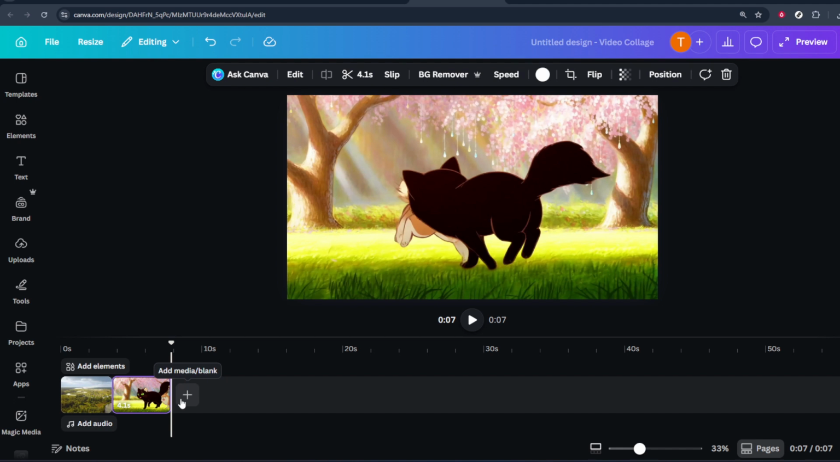When you're happy with how everything looks and plays, click the download or export button, choose your preferred video format and quality, and then save your newly trimmed video to your device. And that's all there is to it. By carefully following the on-screen prompts and adjusting those trim handles, you can quickly cut your video